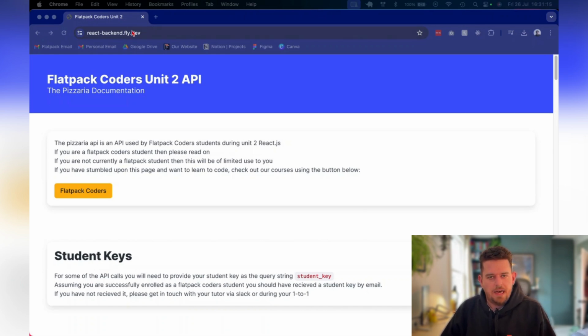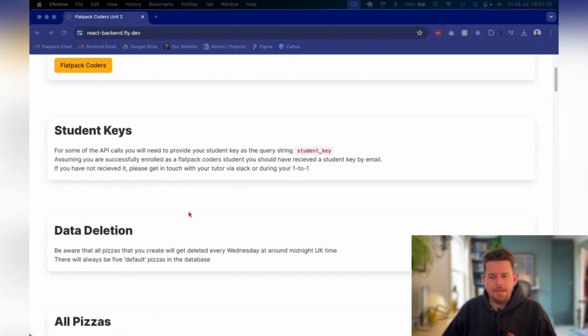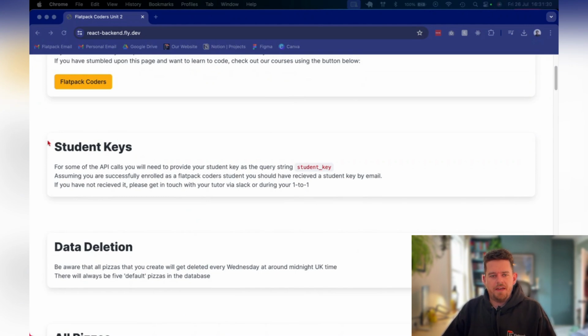So go ahead and have a look at our react-backend.fly.dev site. Fly.io is where we've hosted the API. Go and take a look at this. At the top here, we've just got a little bit of an intro, especially if you've just stumbled across this website accidentally. Just something to bear in mind is if you've not received a student key yet,